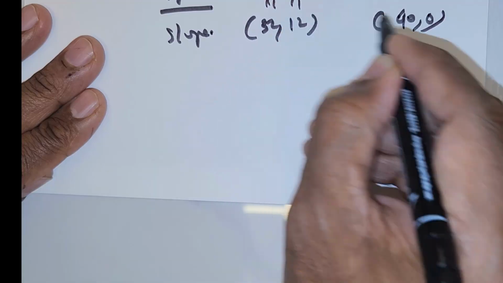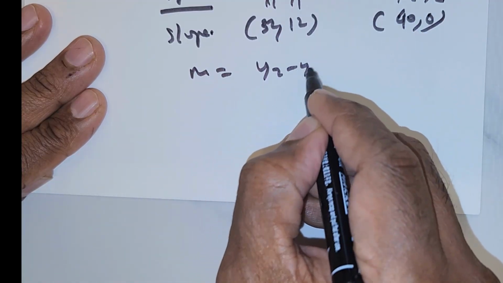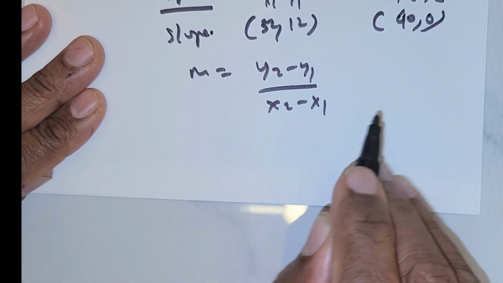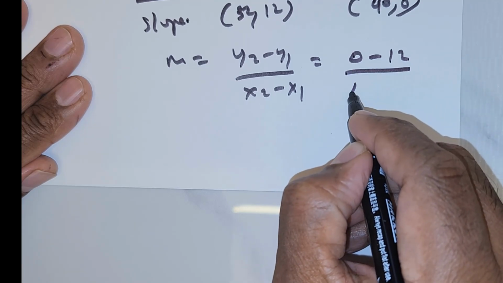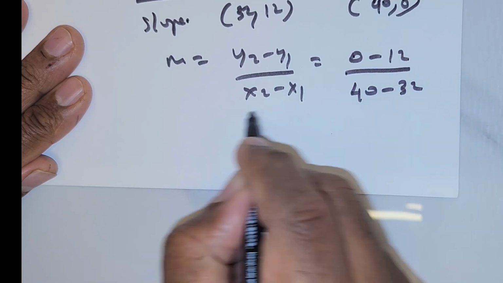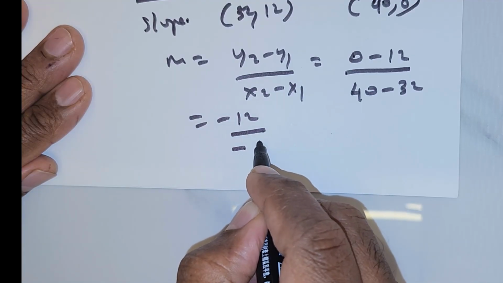So this is x1, y1, x2, y2. m = (y2 - y1) divided by (x2 - x1). So 0 - 12 divided by 40 - 32, which is nothing but -12 divided by